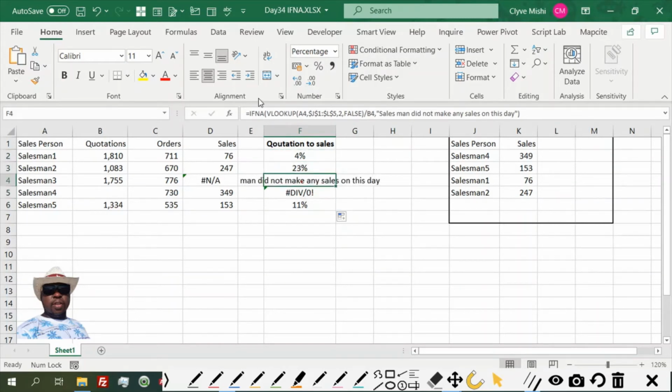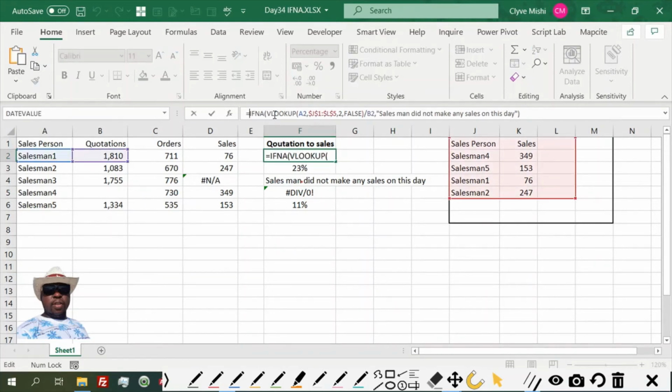So you can see here, it's telling me that salesman did not make any sales on this day, but here I still have an error. So to handle the second error, I use the formula I used on day 29, which is IFERROR. Then I just come here and put this formula in, and say IFERROR. Then the value is always going to be the formula that I have. Otherwise, if we still have an error, then we are going to just say